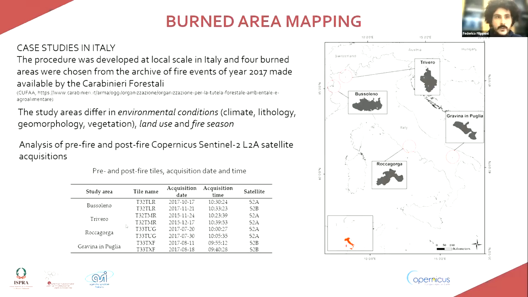I will show now an example of how to generate burnt area mapping. This is a new methodology that we have developed in the framework of a project with the Italian Space Agency, and is focused on the identification of burnt areas developed at local scale using different scenarios. That means identifying burnt areas under different environmental conditions like climate, geomorphology, vegetation, and more specifically fire season, since